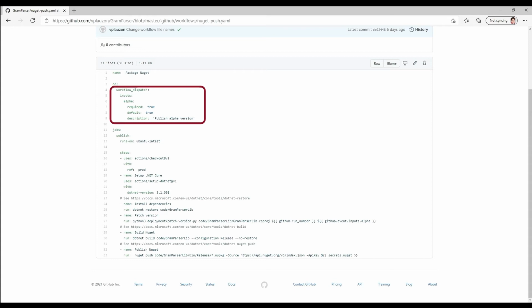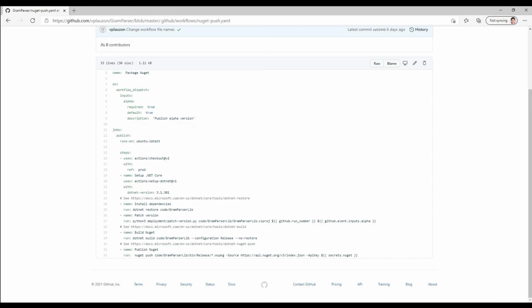What is workflow dispatch? I have no idea why we chose that name, but it's basically a manual trigger. So it's when a user decides to trigger an action. Because it's a manual run of the workflow, I can take parameters because the user is interacting with the environment. So in this case, I take the alpha parameter. So it's a way to decide if I publish an alpha package or not an alpha package,